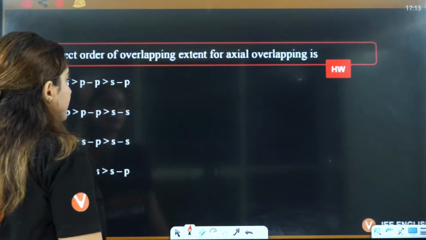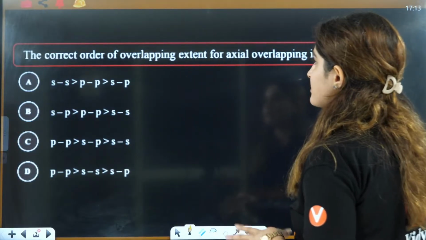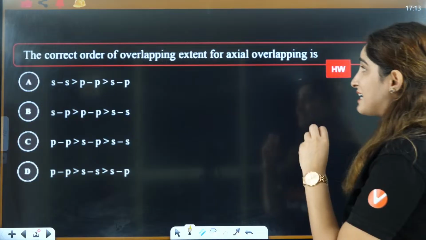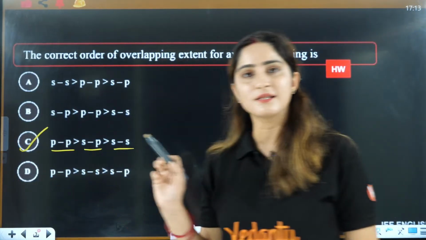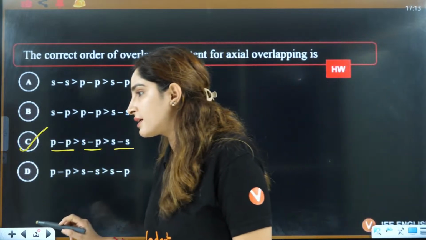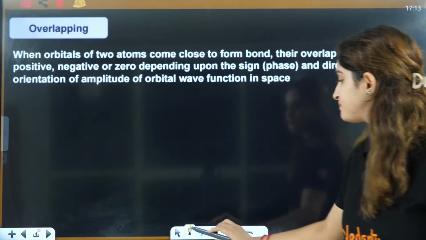Before that, guys, the homework. I hope you have done the homework. The correct order of overlapping extent of axial overlapping is pp, then sp, then ss. That is the correct answer. C is the correct answer here. Right. Now let's talk about